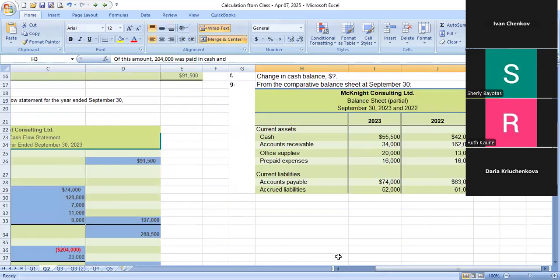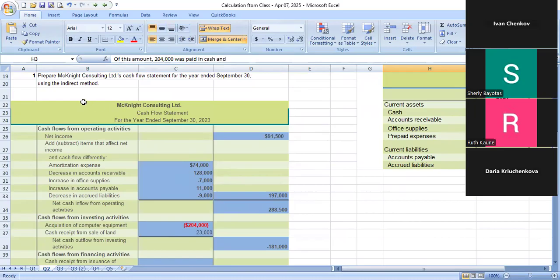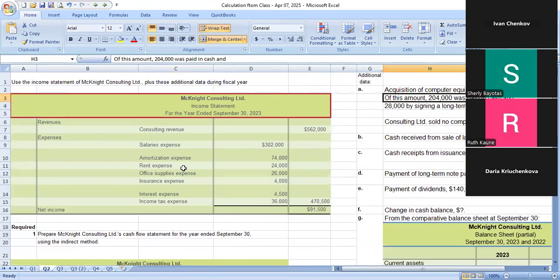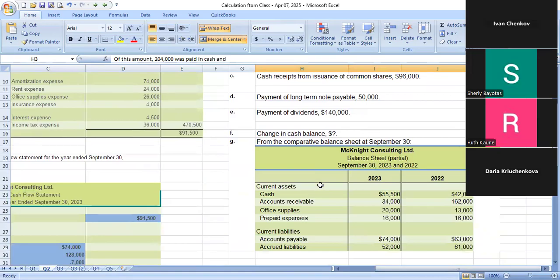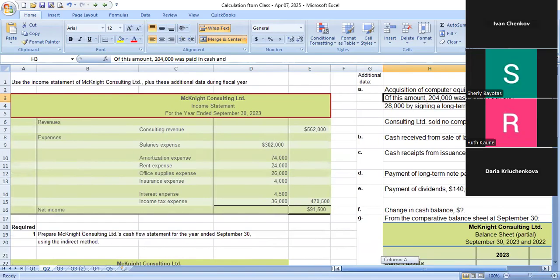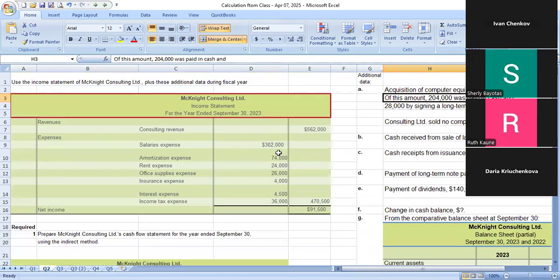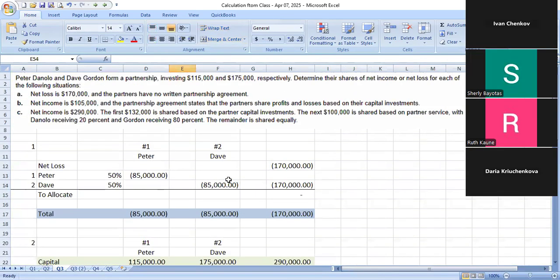So on the exam, again, you don't have to prepare the cash flows from scratch. It's going to be given to you. You just have to fill up the information on the blue cells. You're going to have information about the balance sheet, additional information, and information on the income statement. So you can use that information and come up with your answers. You can easily do that. Now, the next question that you're going to see is in respect to the